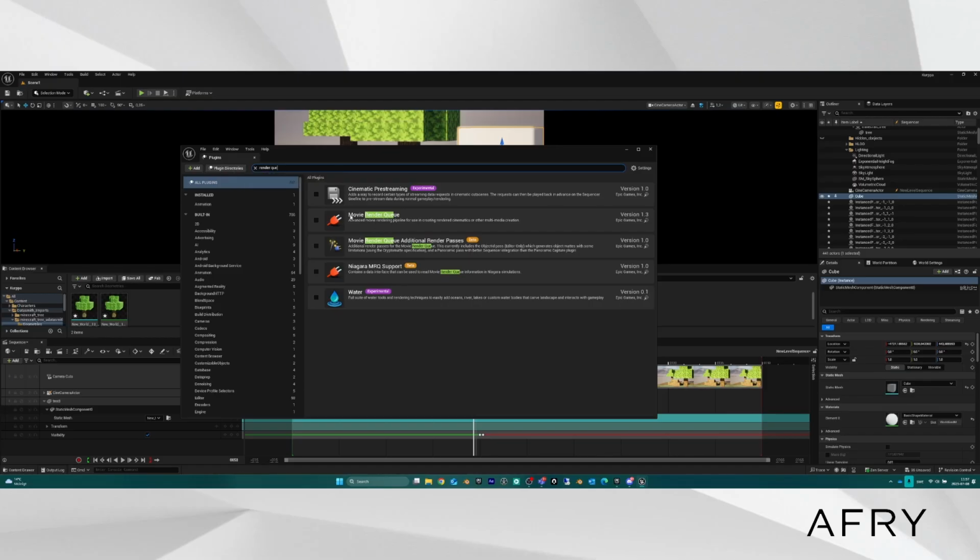So you need to enable this movie render queue add-on, and if you want the additional render passes, might as well, even though they're in beta mode. So you enable those and restart your engine, and you will get another option on the 3 buttons here for using the movie render queue interface for rendering video instead,